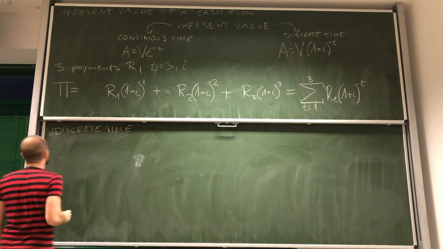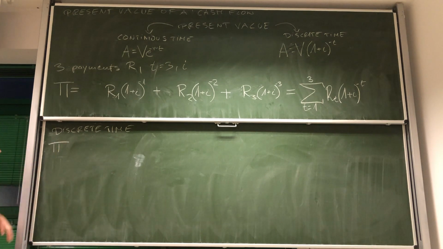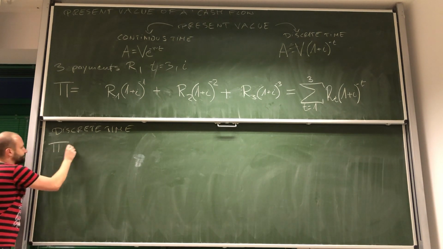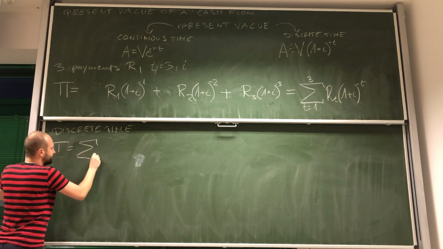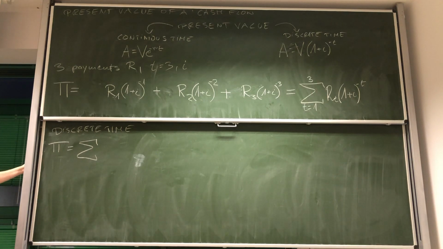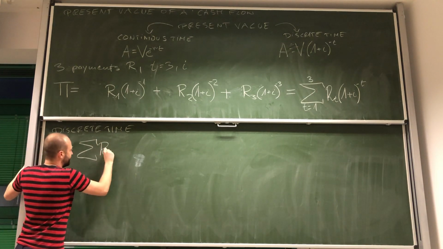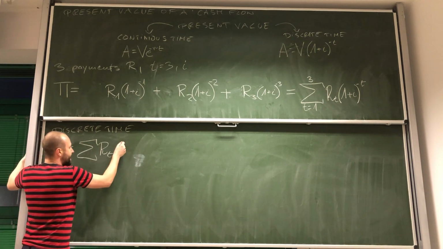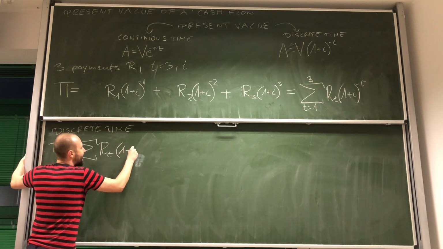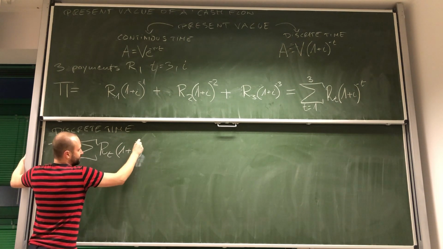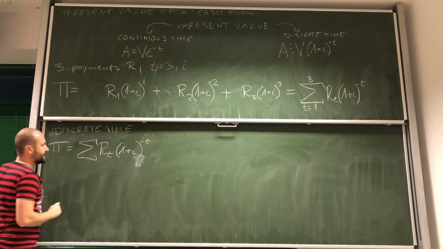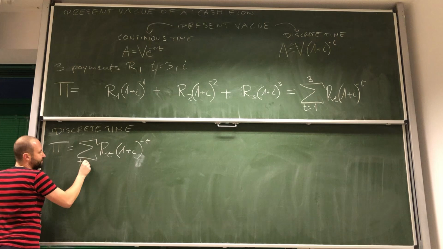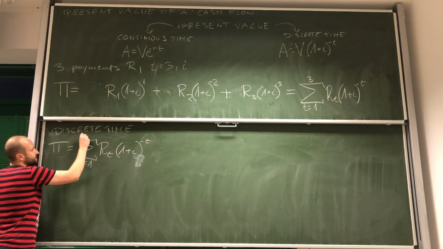Well, actually, there is not much that we need to change over here. Because look, we can still use the same sum symbol. We will always have payments over consecutive years. Then, we need to discount them. The only difference now is that we're going to start from year 1 and we're going to end at year